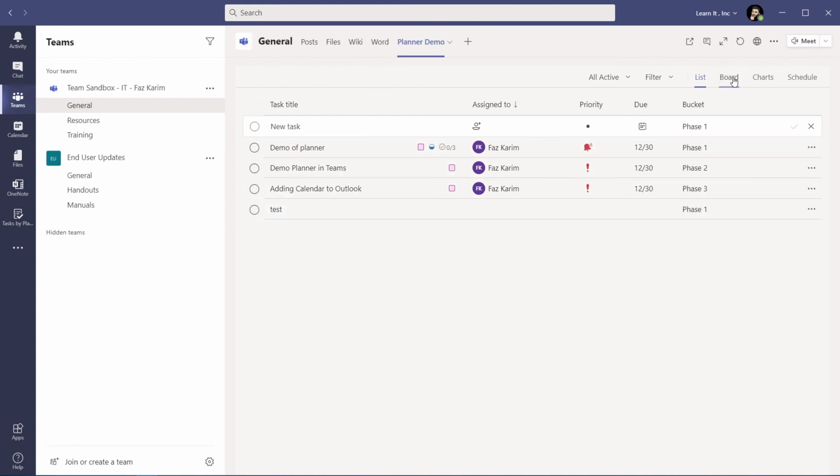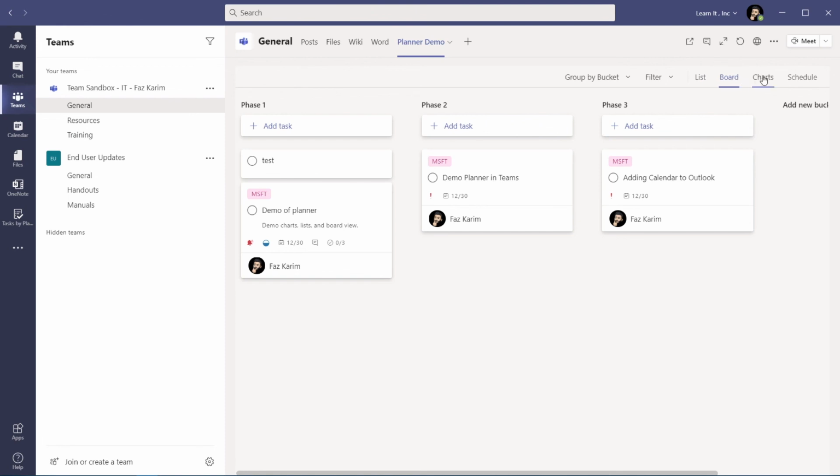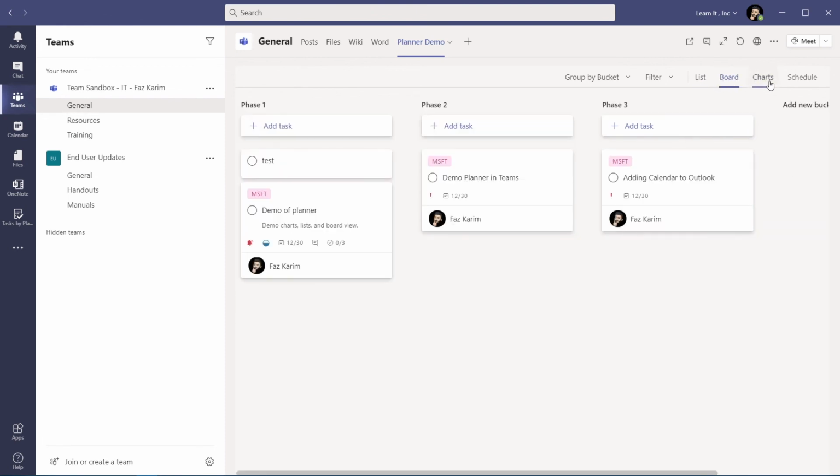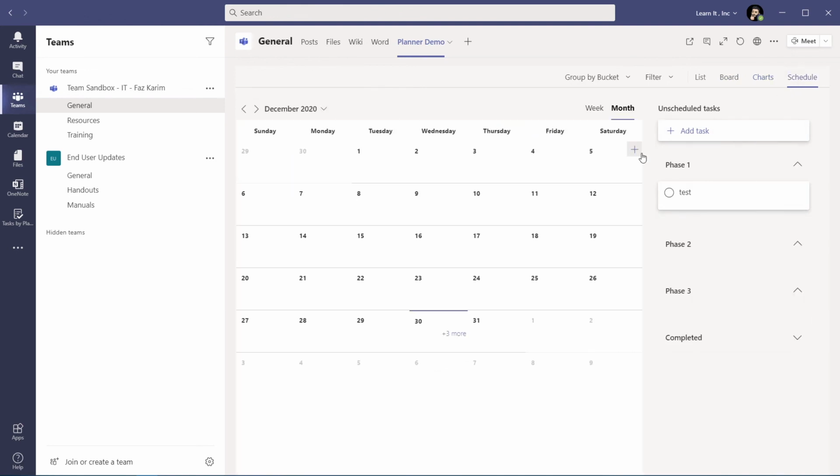So, a lot to discover, a lot to play around with, but most of these things are doing the same thing. It's just more of your preference of which view you'd appreciate to select and use more than others. Go ahead and play around with Planner. If you are using Teams, try seeing if you can add that plan to that team that you added it to in the beginning. Play around with it within Teams, but keep in mind